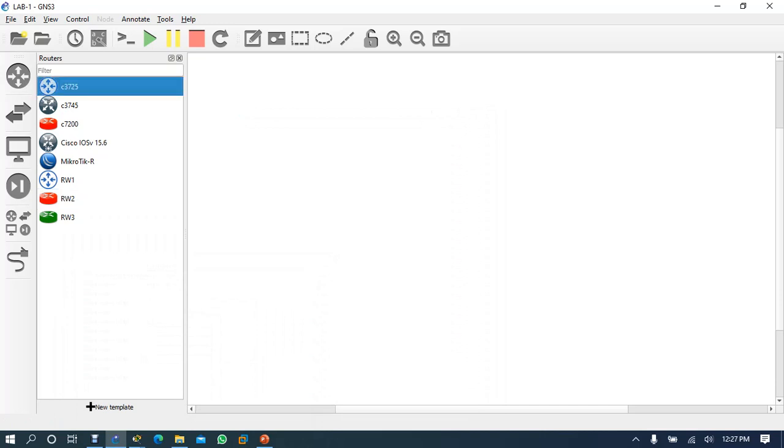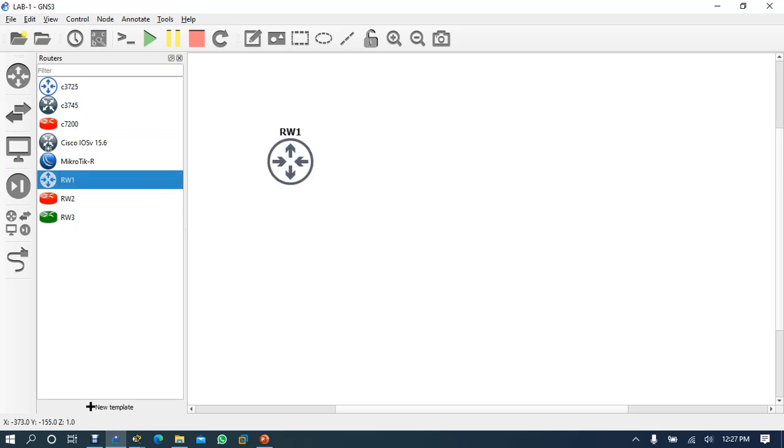Now you can take any of the routers, but for better practice, use these routers. Okay, it is there. So let's take these routers. I'll show you the differences. See, these routers are 12, and this is 15. These are the 15 versions. The other one is 12.